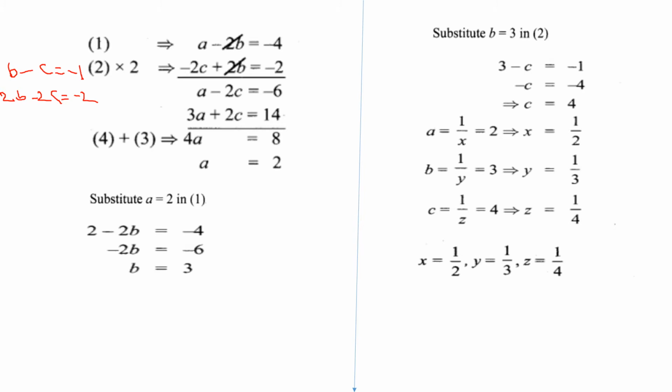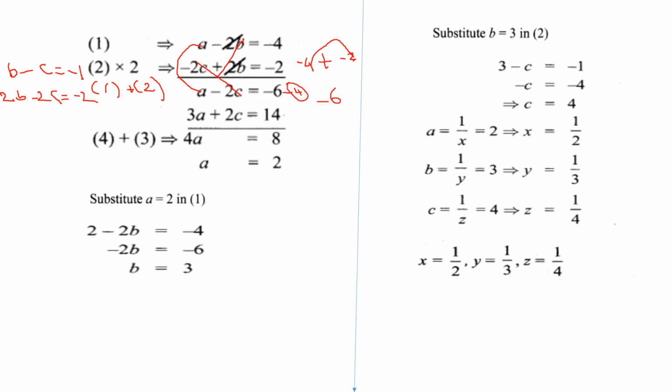Now I am adding the first equation and the second equation. There is no variable a to combine, so you write a as such. Next, minus 2b plus 2b, unlike signs with the same term, will cancel. That answer is 0. And you write minus 2c equal to minus 4 minus 2. Minus 4 plus minus 2 means you first add the numbers to get 6 and put the same sign, minus 6. So this is the fourth equation.